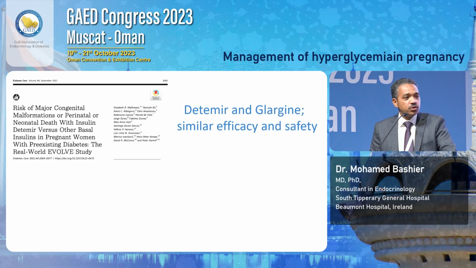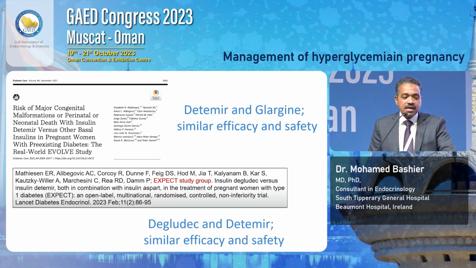Detemir is licensed to use in pregnancy, but there is observational data that looked at detemir and glargine, and they have similar safety and efficacy. However, glargine or glargine U300 are not licensed. There are studies that looked at degludec, and detemir and degludec are now licensed to use in pregnancy. But let me tell you that